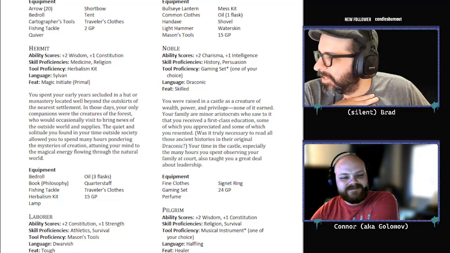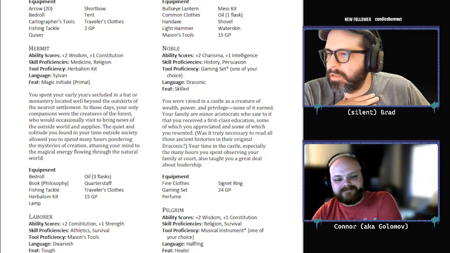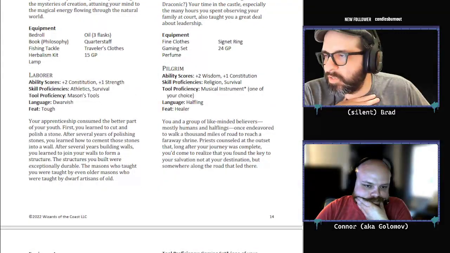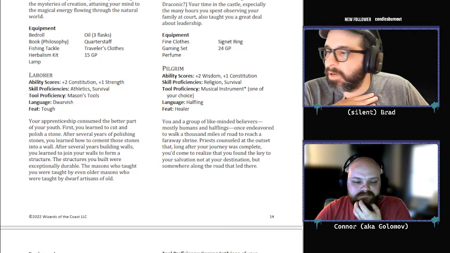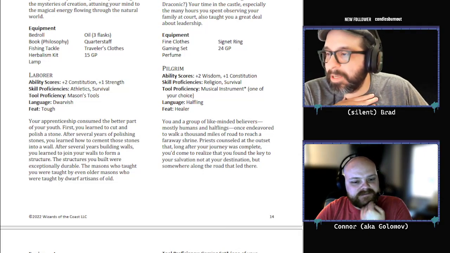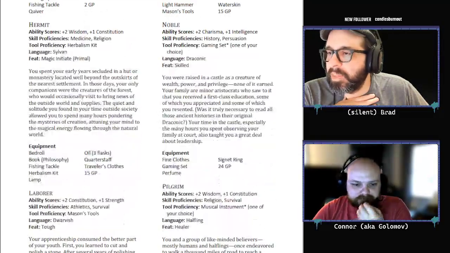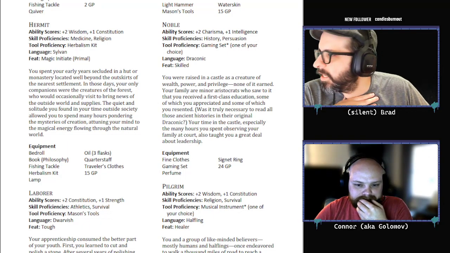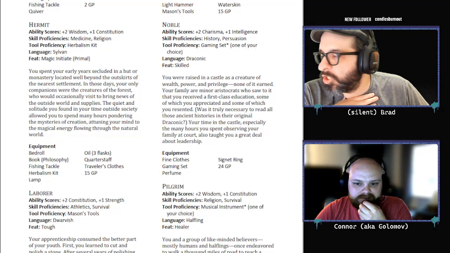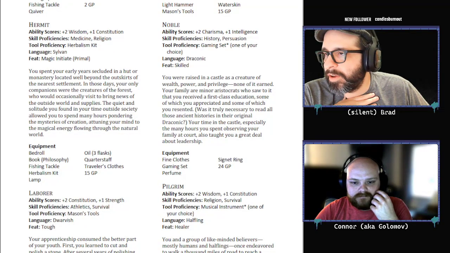Anyways. Laborer is a new one, I believe. Con and Strength makes sense. Athletics and Survival. Mason's tools. Dwarvish again, but that makes a lot of sense. Tough. Then we've got Noble, Charisma and Int. History and Persuasion haven't changed. Gaming set hasn't changed. They're getting Draconic,